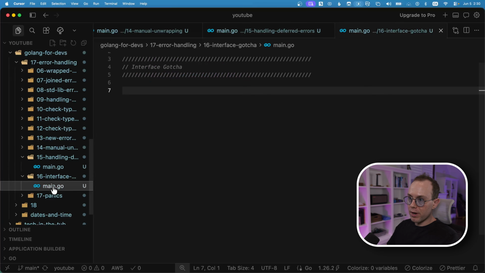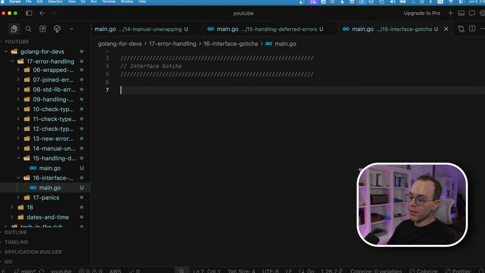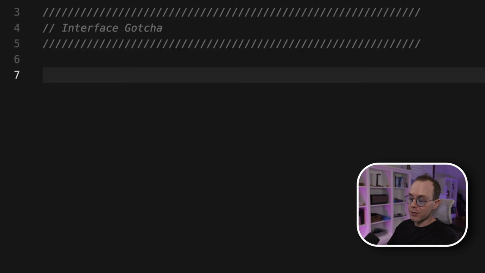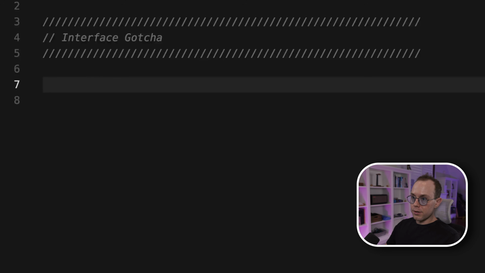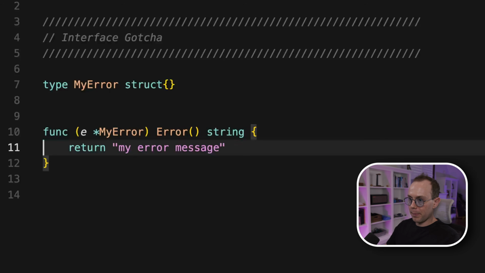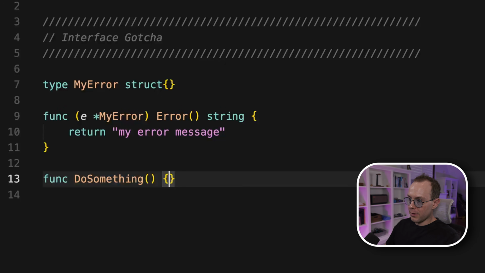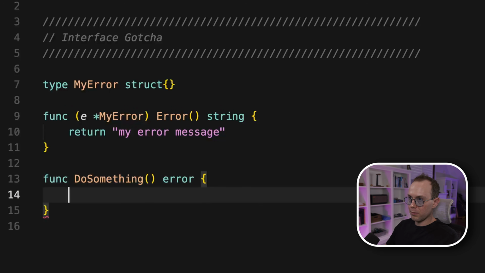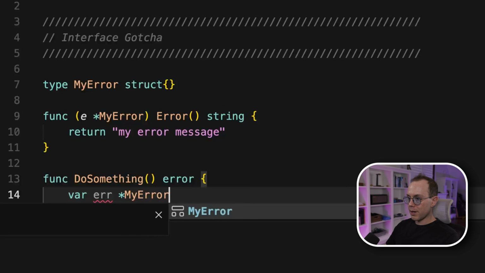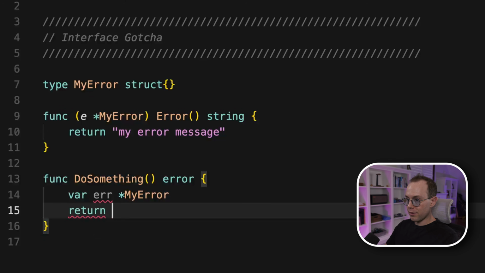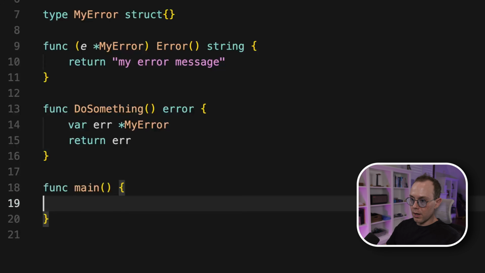Okay, next up, I want to briefly cover the gotcha that you'll hit because error is an interface. And I covered this in my interfaces video, but it's a confusing point, so I thought I'd run over it again. So let's say we have another custom error type that implements error. And we have a function that returns an error. So if I create a nil pointer to my error type here, and then return that error, when we call the function,